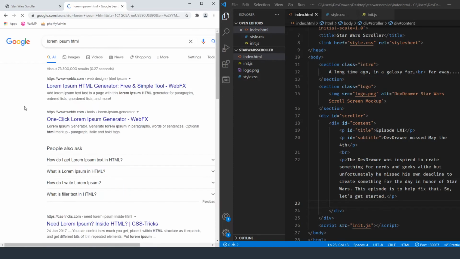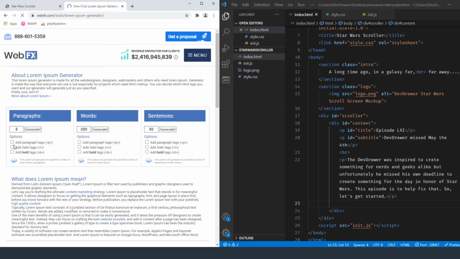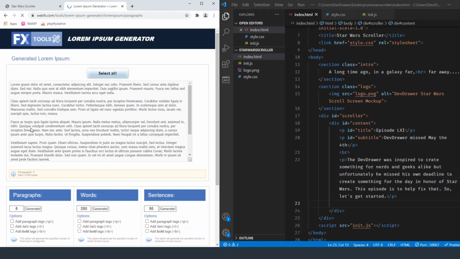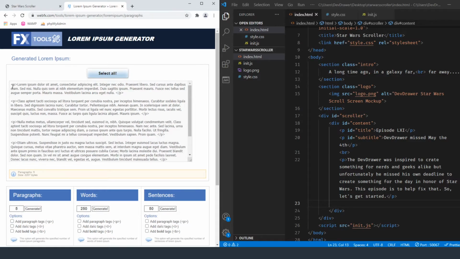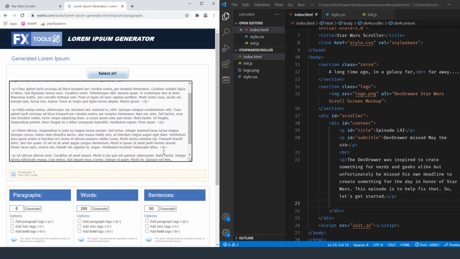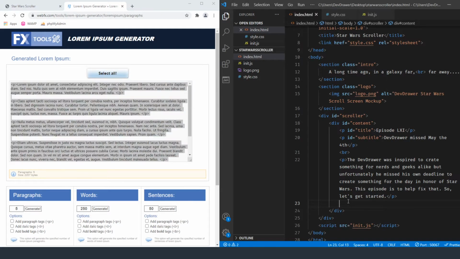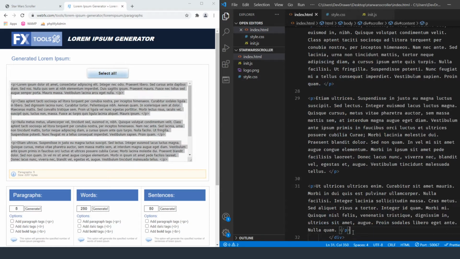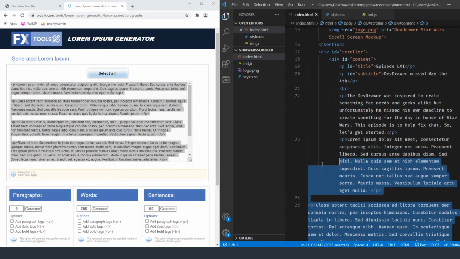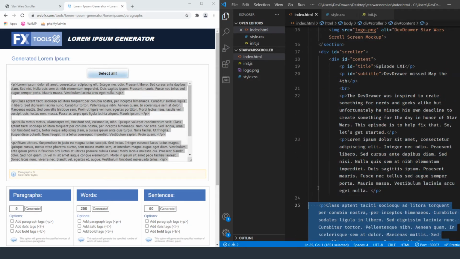How about this? Lorem Ipsum HTML. Sure. Oh, come on. Okay. Paragraph tags. That's what I need right there. Alright, so let's try this out, and we're just going to paste it into our code and move it over.